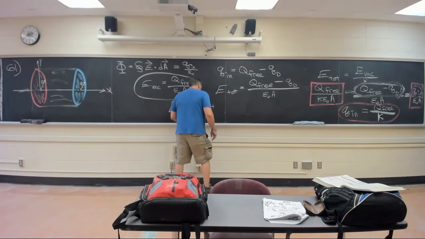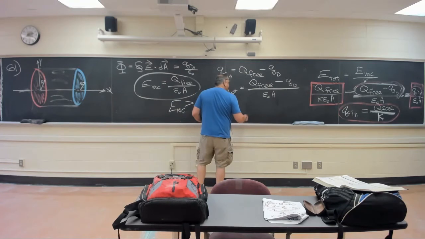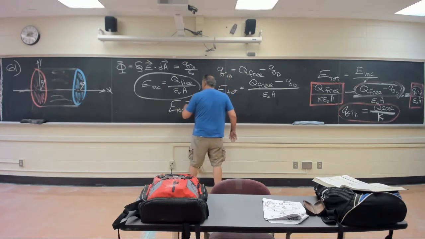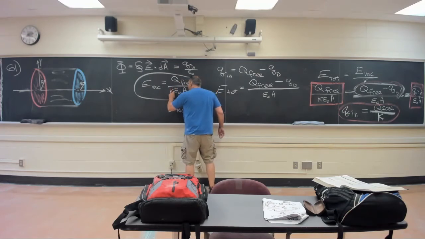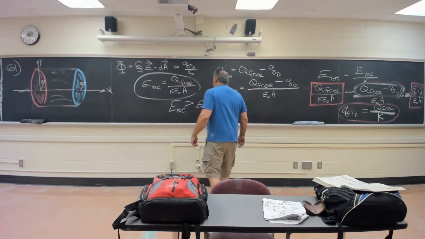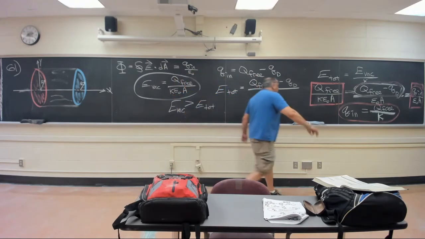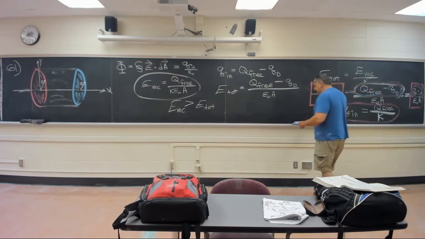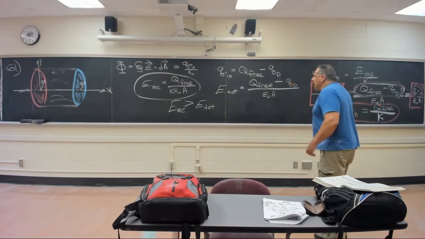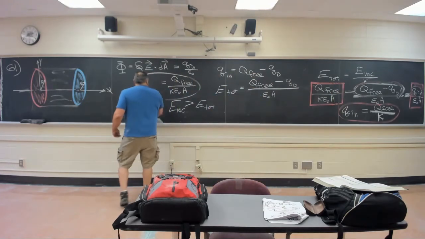When it's not in a vacuum, the Q in is going to be Q free divided by kappa. Q free divided by kappa is Q in. And that would be in the presence of,